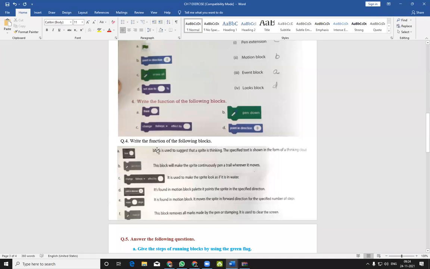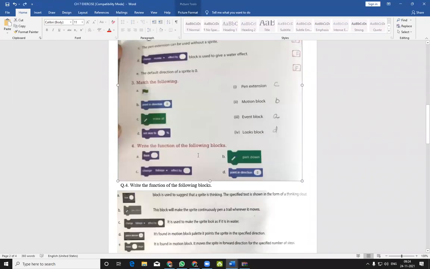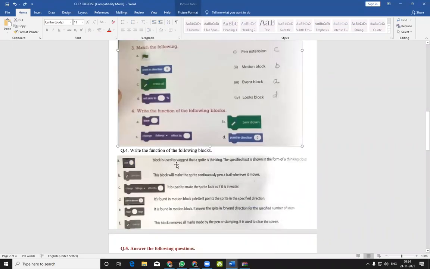Okay, here the answer is given. Think block is used to suggest that a sprite is thinking. The specified text is shown in the form of a thinking cloud.